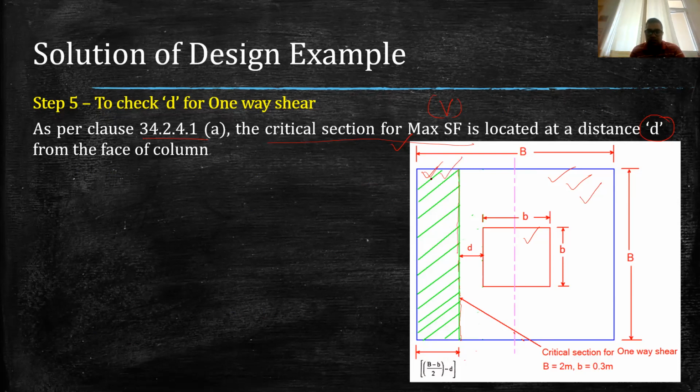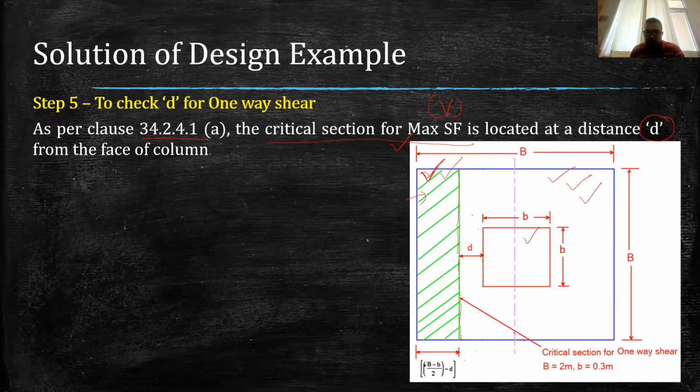Now what is the definition of the shear force that we should remember? Shear force at any section will be the algebraic sum of forces acting on either side, whether it is LHS or RHS. So according to the definition, if we consider LHS, the algebraic sum of forces on the LHS will be the shear force. Now on the LHS we have only one force in the form of net upward pressure. So if we calculate that net upward pressure in the LHS, we will have the shear force value.